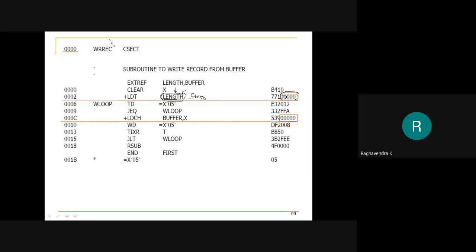Now we are supposed to generate a modification record for the same, so that when the value of LENGTH becomes available, I put that value 5000 here. Assuming that it's 5000 here, I need to add this value 5000 to this location. So how do I generate a modification record for that? This instruction is present at 0002. As I said, whenever we are generating a modification record, we are going to skip one byte because the first byte does not change.